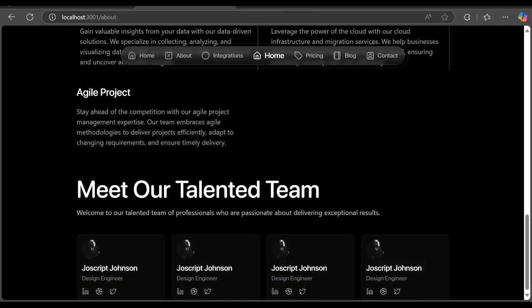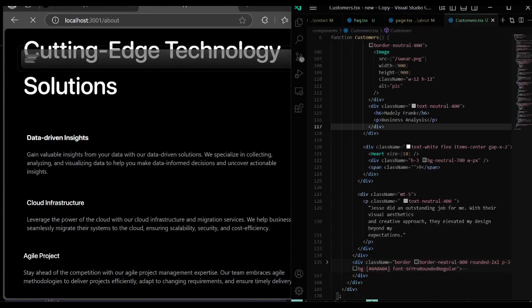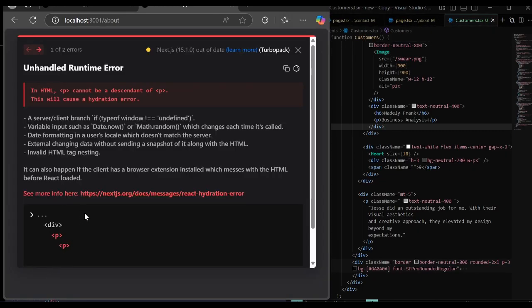I save them, and so here are the customers. We kind of will render this. Our P cannot be a descendant of P. So